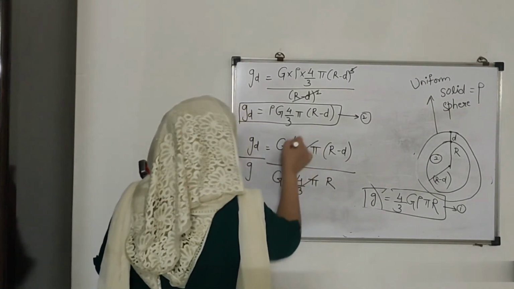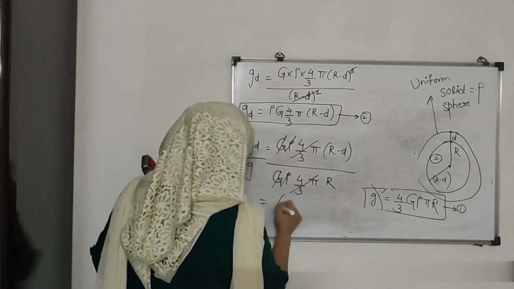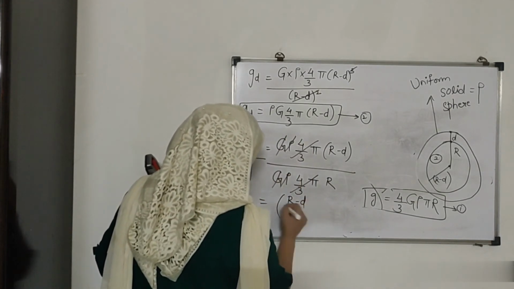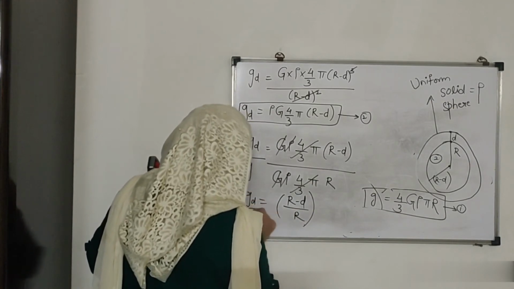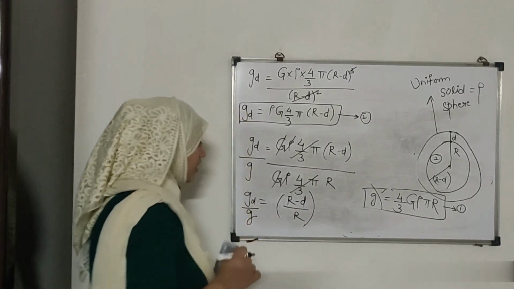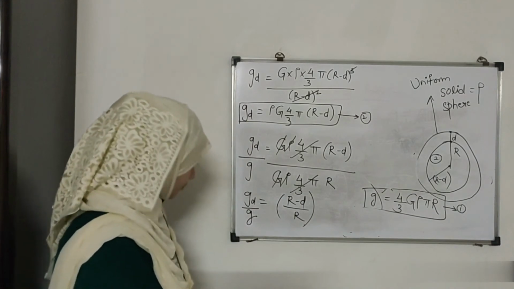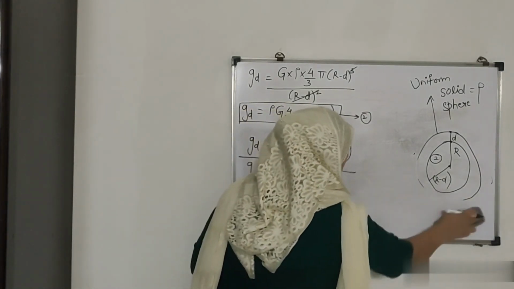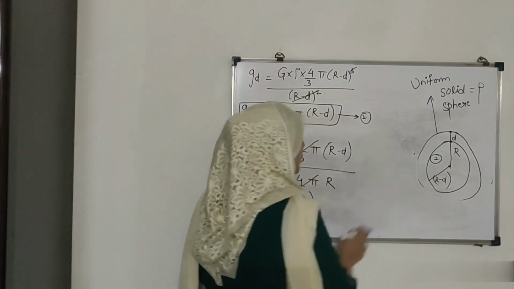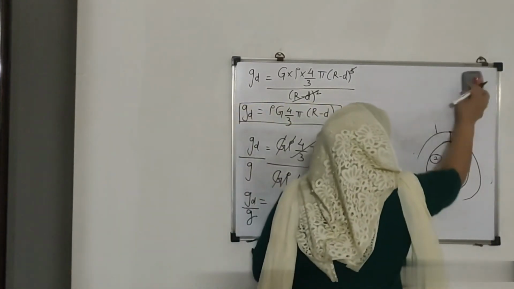So everything gets cut and I get (r minus d) upon r. Fine, g_d upon g. So if I consider this depth to be equal to r, that means I am taking